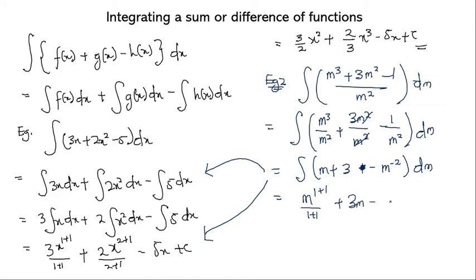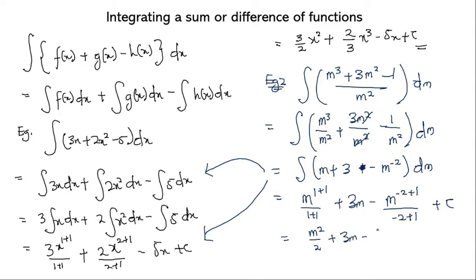Then minus, I now have this m, this is the power negative 2, so it means I need to add 1 to the power and divide by the new power, which is negative 2 plus 1, then I add a constant c. So from here I can go ahead and have m squared over 2 plus 3m,